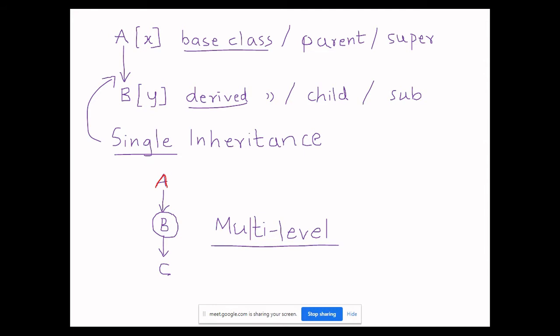However, this doesn't mean you need to have only 3. You could have many classes provided all are inheriting in a single direction. A to B, B to C, C to D. You have got more than one level. It's like a multi-storied building.